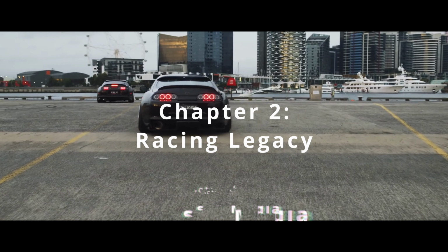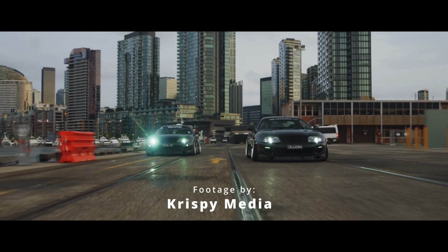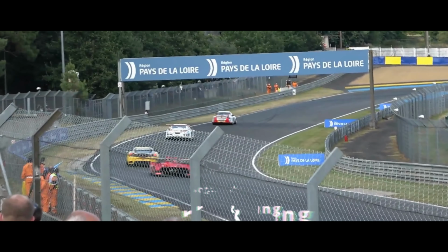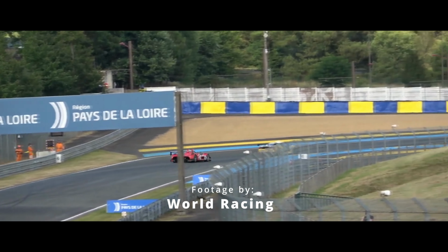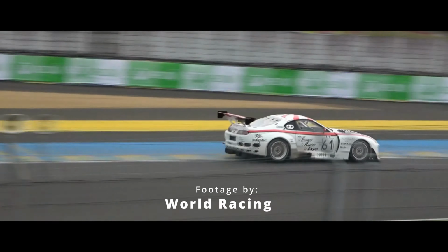Chapter 2. Racing Legacy. We explored the birth and technology behind the legendary Mark IV. But it's not just a car. It's also a racing legend. It's a legend that dominated the tracks and established a reputation as a formidable competitor. The car's advanced technology and powerful engine options for the time made it a favorite amongst racers and car enthusiasts alike. The Supra's reputation as a formidable competitor on the track was solidified by its performance in various motorsport events